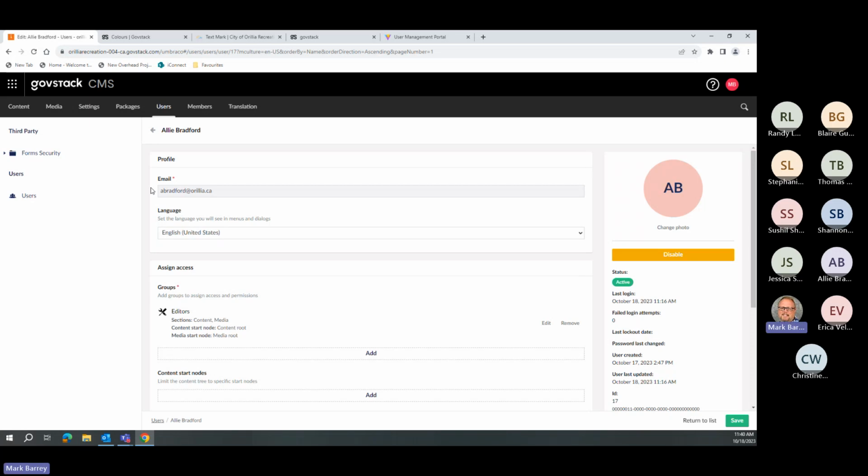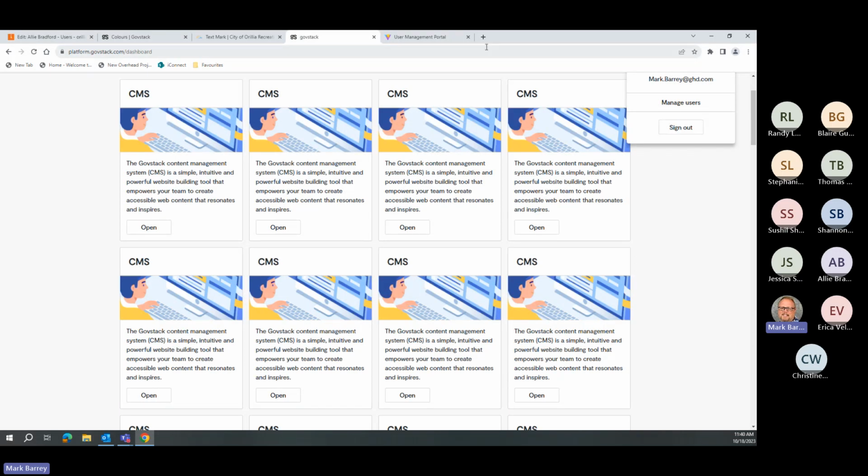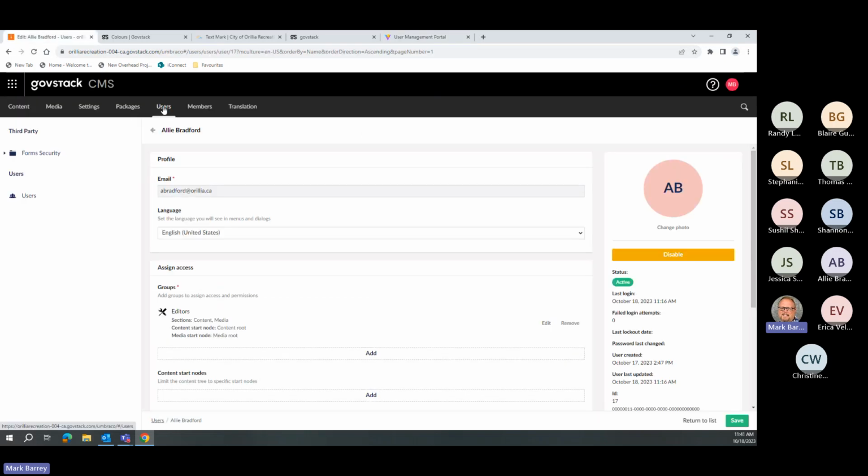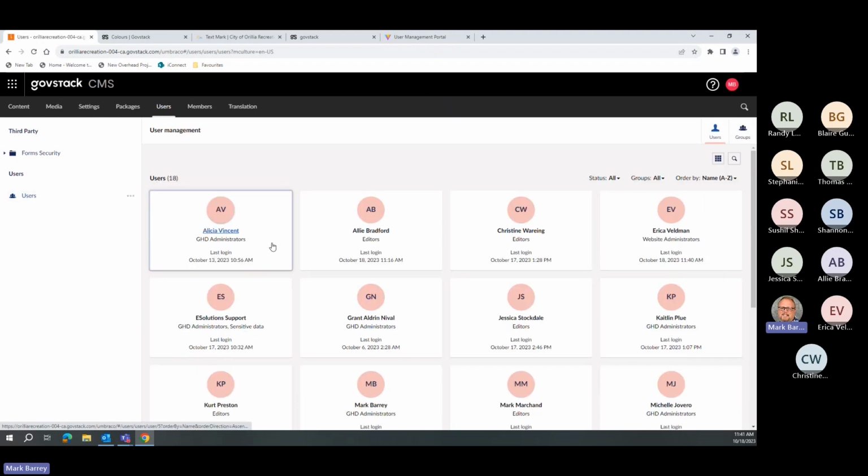That's all there is to the specialty admin functions. Using our dashboard to go through and manage users to the admin portal, you can adjust how users work with this or delete them, or you can create new people. But that's just a profile. And then you come into the CMS and you go to users, and from there you can create groups or assign people to be part of groups through here. But once you've set that up, off they go. So there's very little unique stuff that we want